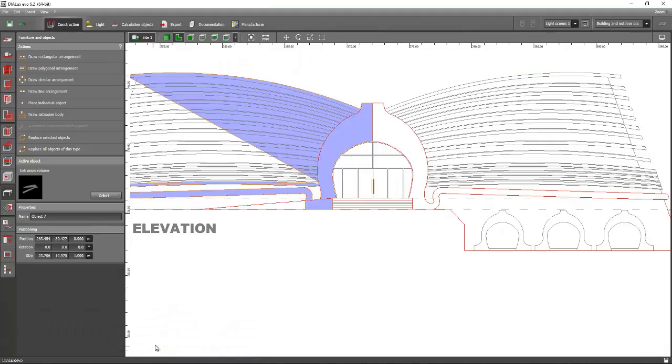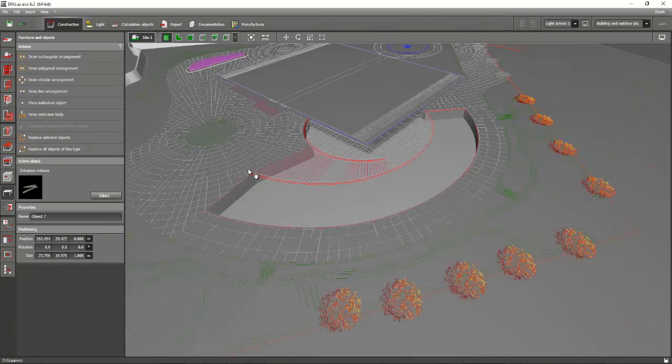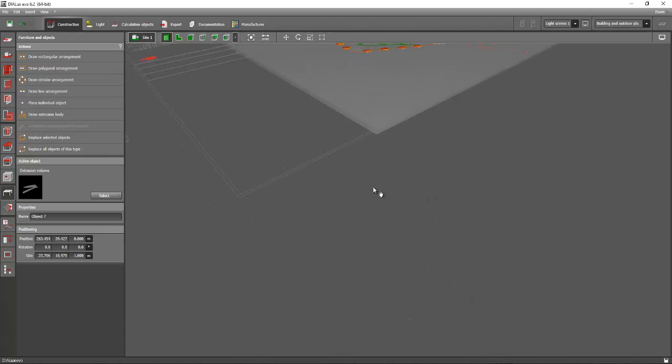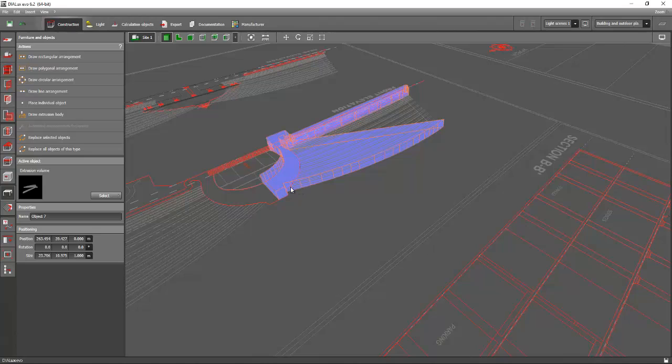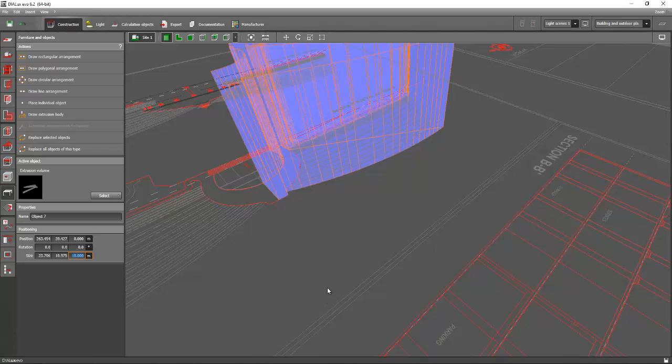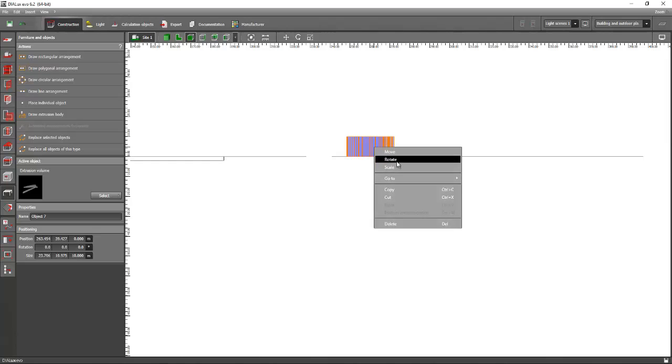Let's go back to the original file, and you can see that, for example, we created it properly. This is only 1 meter in height, and you need to extend it, or put a height of, for example, 10 meters. Once you're done with it, go to the side view and make it stand.